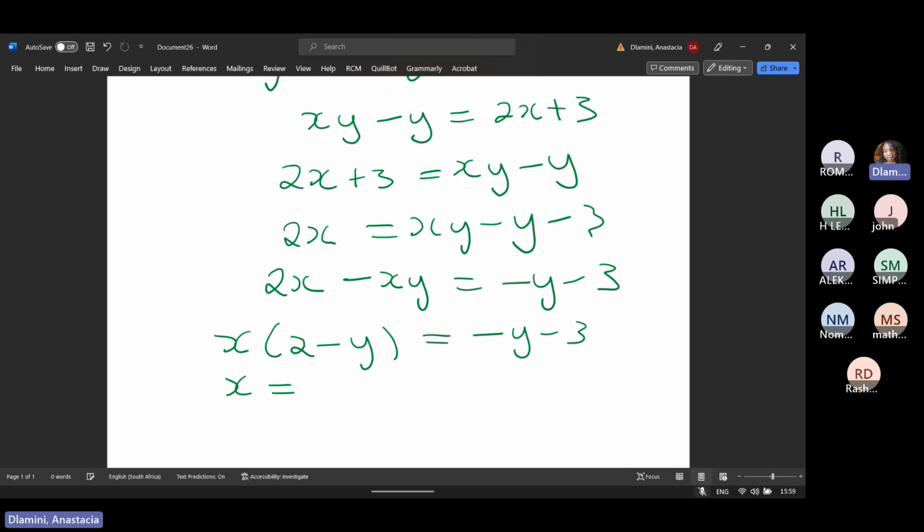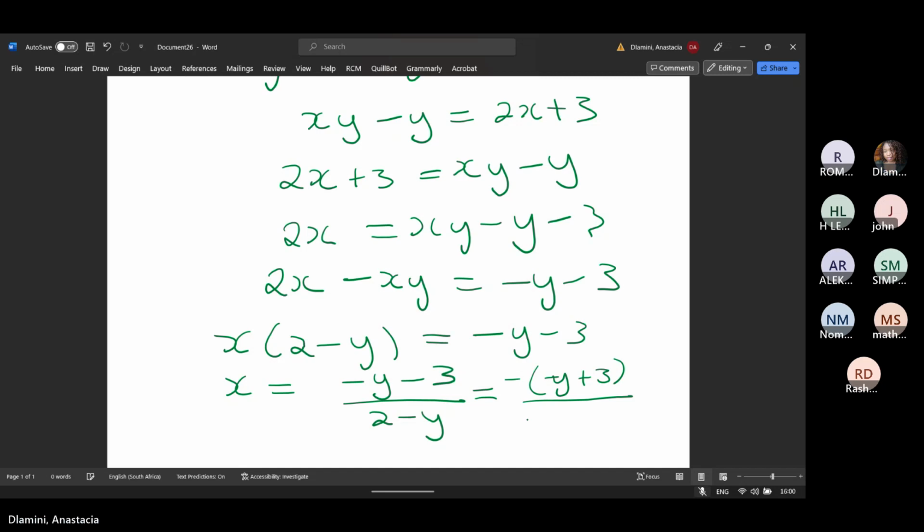Then x is equal to minus 3 minus y over 2 minus y. Am I right? No, gosh. It doesn't look right. So then if I take out the negative outside, this is y plus 3 over